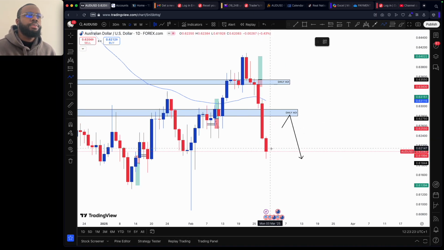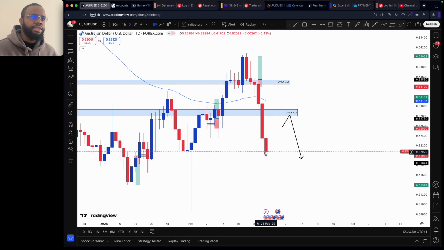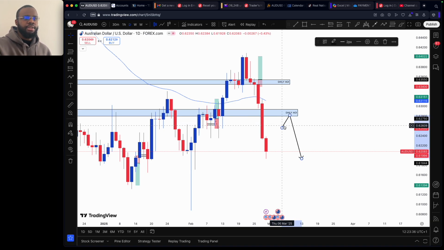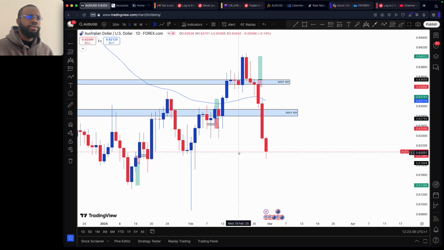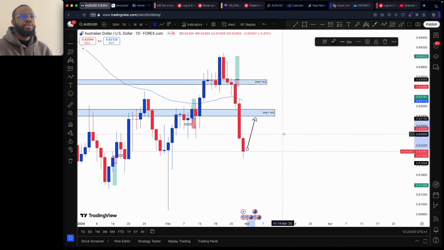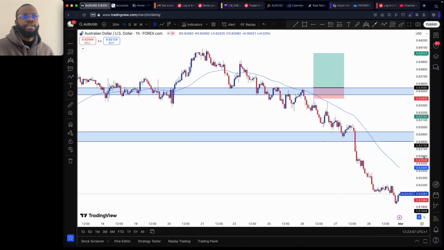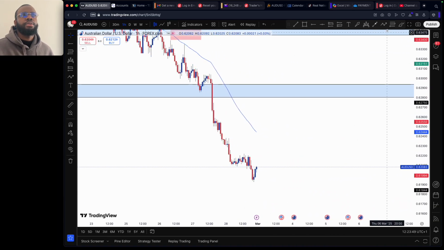We'll wait for a pullback to sell, and during this pullback, I know there are going to be buys. I don't want to be involved in those counter trend trades, so I'll just wait for price to pull back, then I'll sell. Then on the 1 hour time frame, you should be expecting something like this,